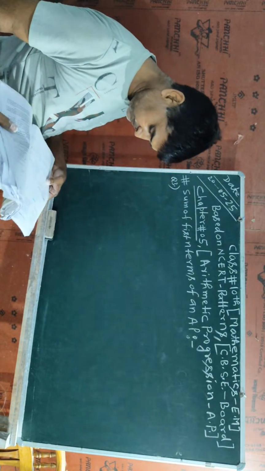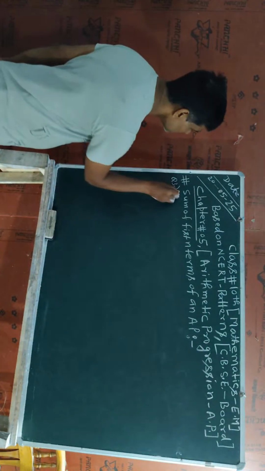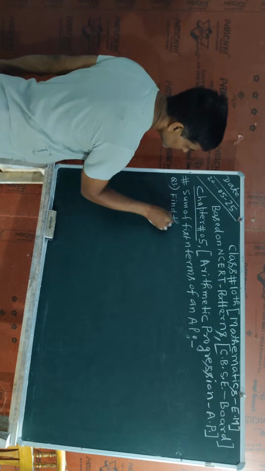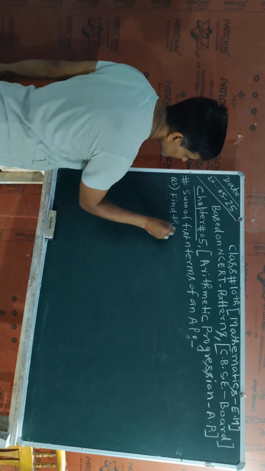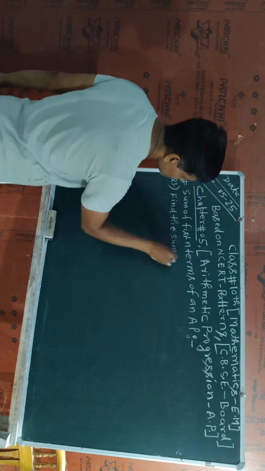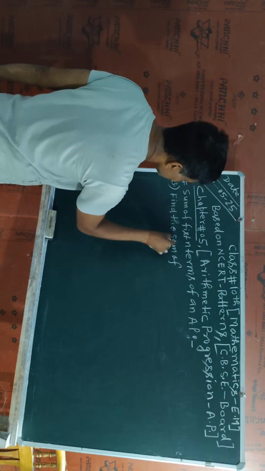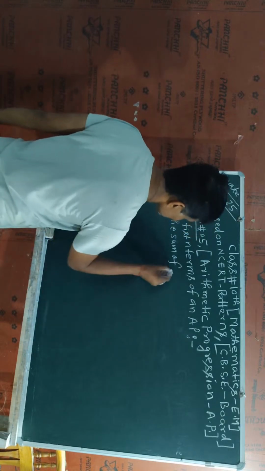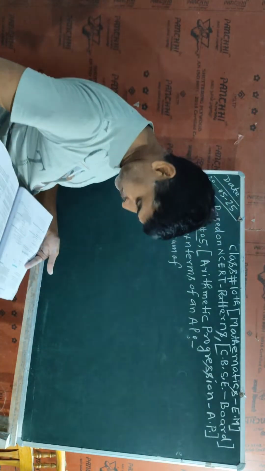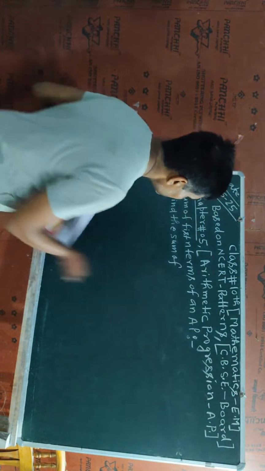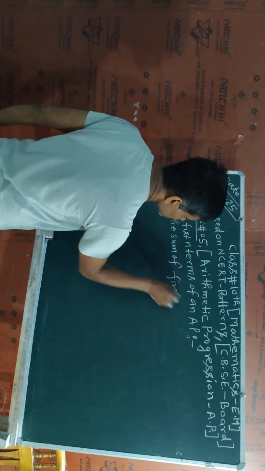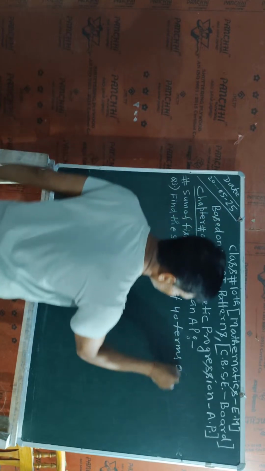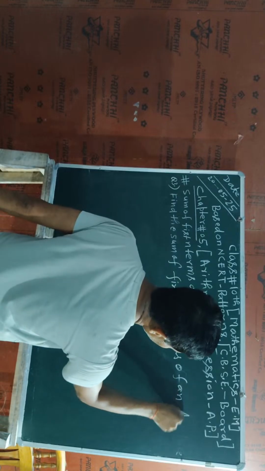Now here I will say, the next question is that find the sum of first 40 terms of an arithmetic progression